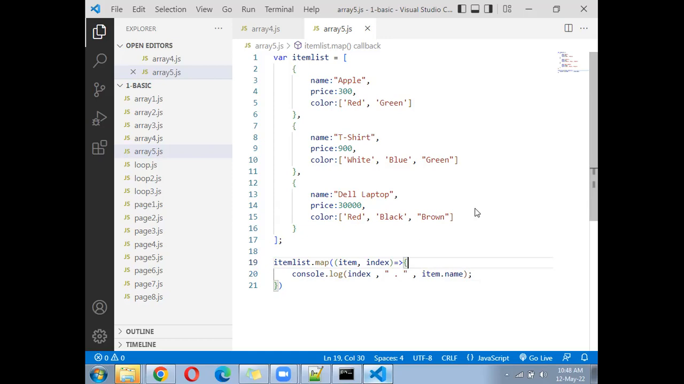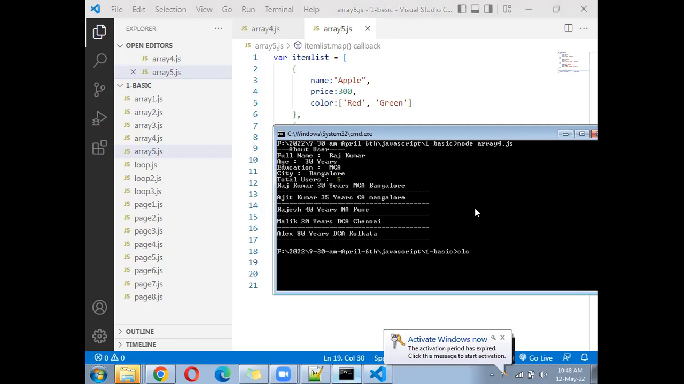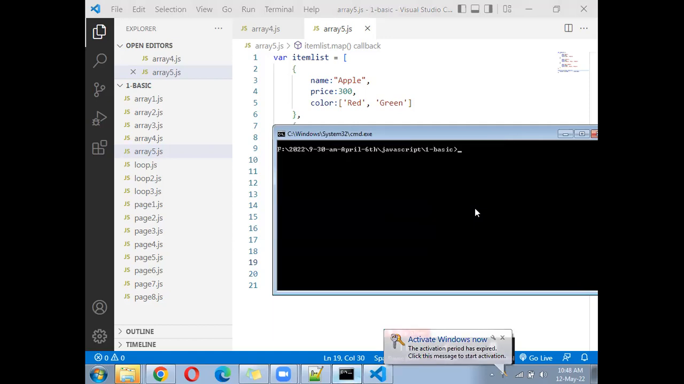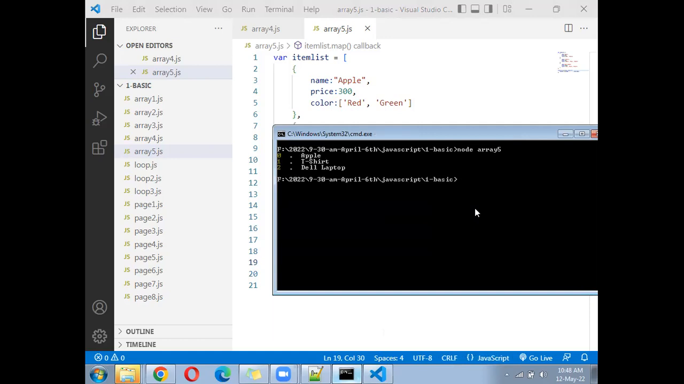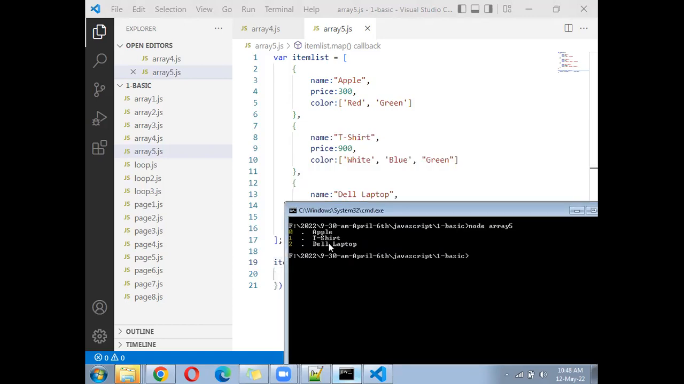CLS is the command, using that you can clear the screen. Then modify: T-shirt, Apple, T-shirt, and Dell laptop. Now below the product name, it should display rupees 300 and available in red, green, blue. So come down below,